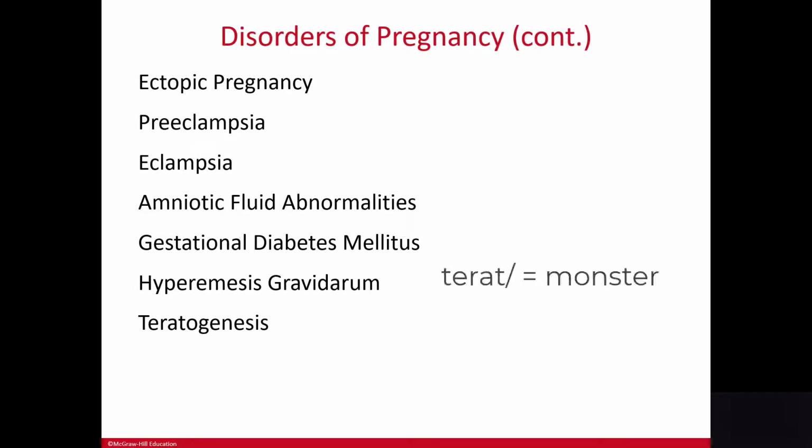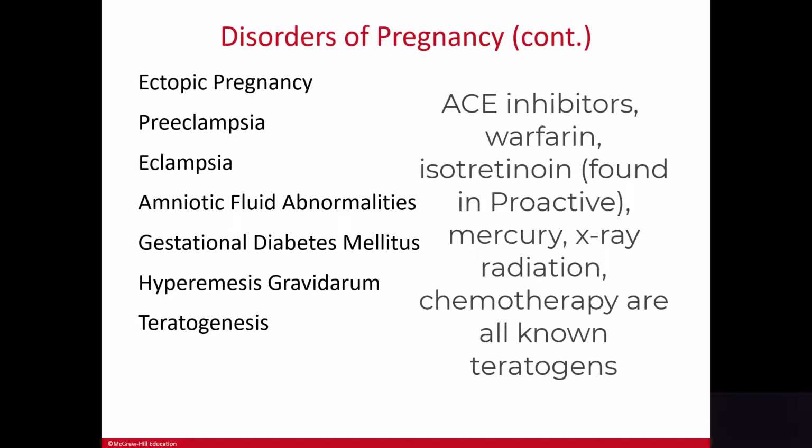The root word terato comes from the Latin for monster, and genesis means formation or creation of. Substances that cause these defects are called teratogens. There are several medications that are known teratogens. For example, thalidomide is known to cause limb deformities and is no longer on the market in the US. There are several substances, like radiation, chemical agents, things like that, that are known teratogens that should be avoided at all